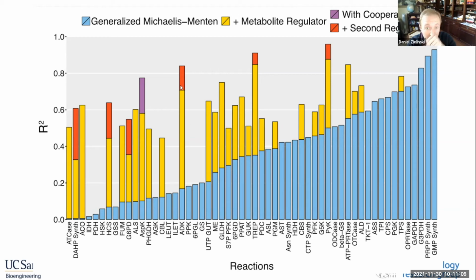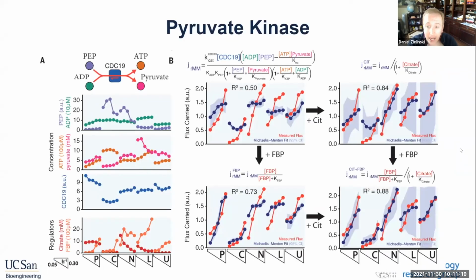So all of these yellow bars are candidate new regulator predictions. And so for each of these cases, you might go and investigate, okay, is this metabolite actually binding to this complex and regulating its activity? And that's what they went and tested. So for pyruvate kinase, they tested fructose bisphosphate kinase, which was a known regulator, and then also citrate, which is a new predicted regulator,